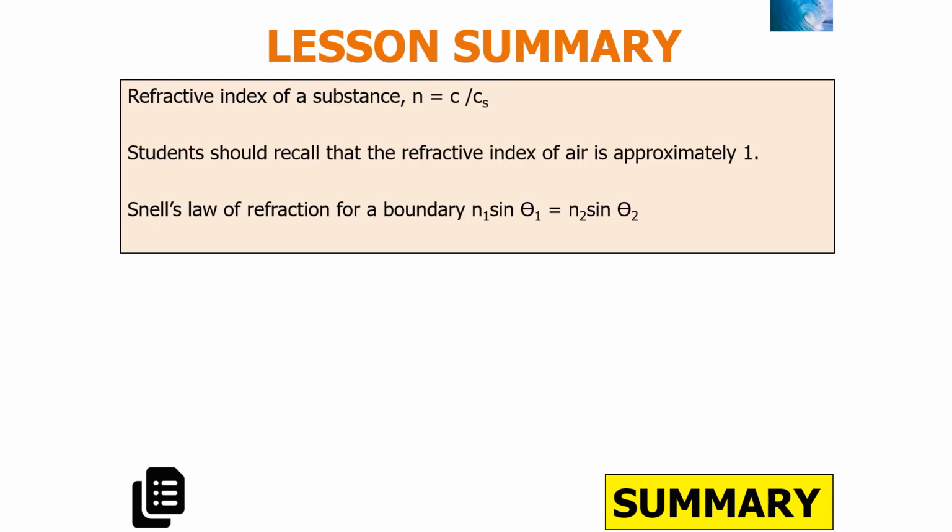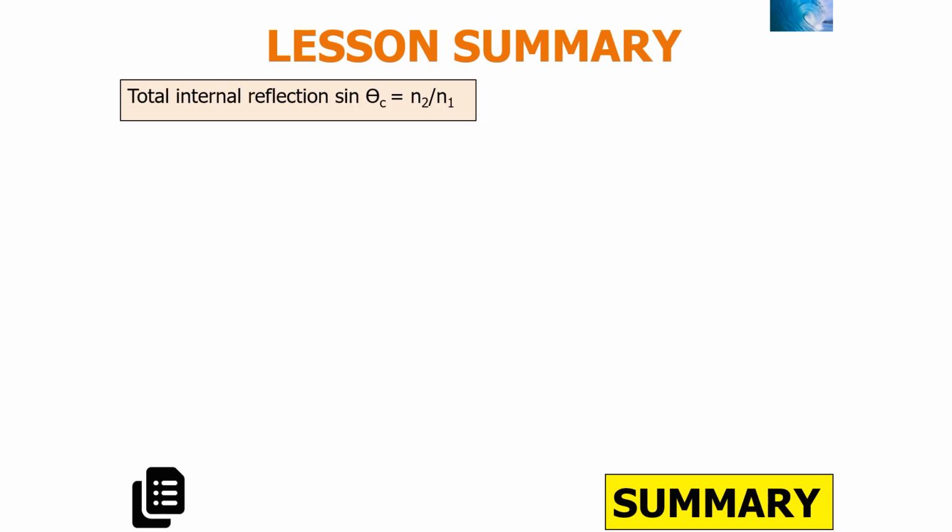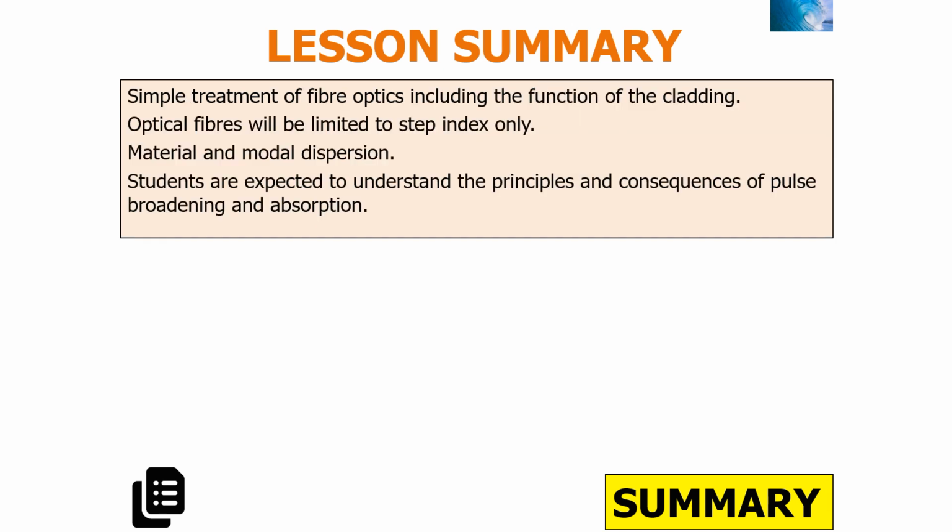We should recall that the refractive index of a substance is n equals c over c_s. Recall that the refractive index of air is approximately 1 and that Snell's law for refraction at the boundary is n1 sin theta 1 equals n2 sin theta 2. We should know that with total internal reflection, sin critical angle is equal to n2 over n1, and have a simple treatment of fibre optics, including the function of the cladding, and understand optical fibres for step index,